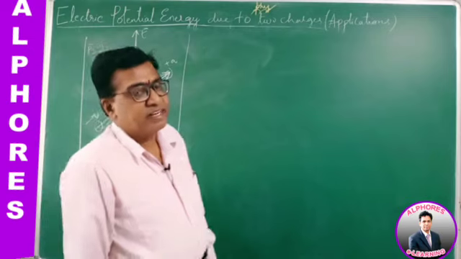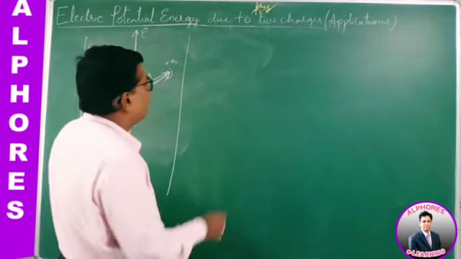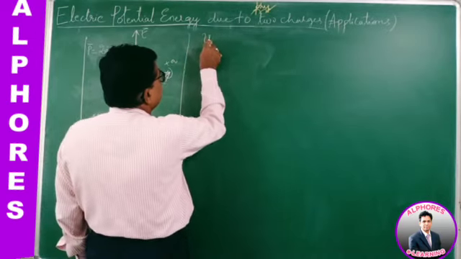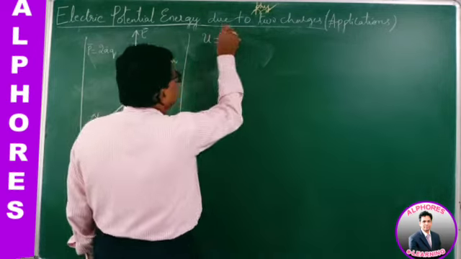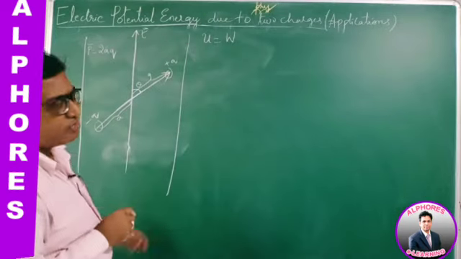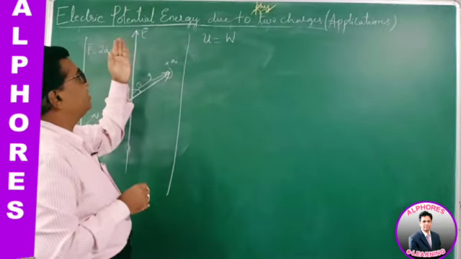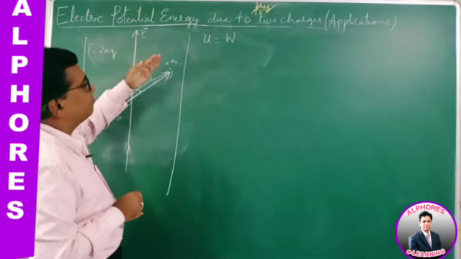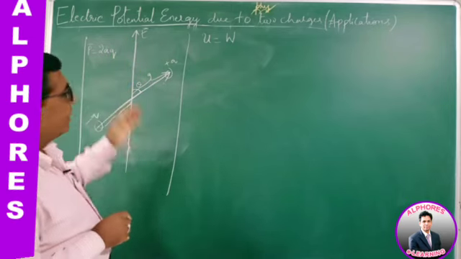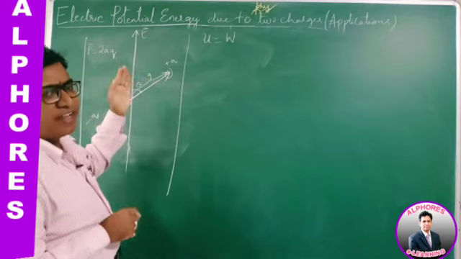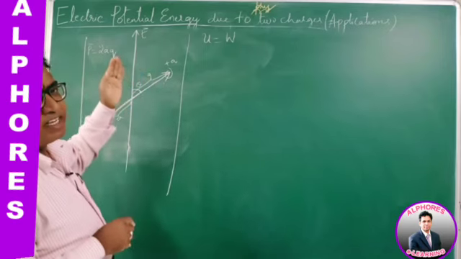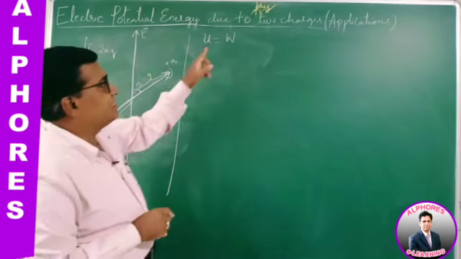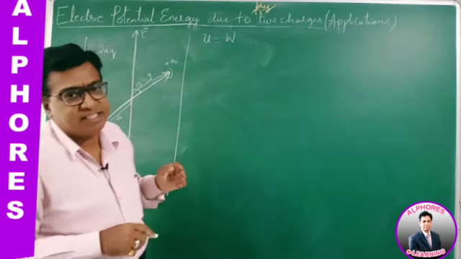Now we are asked to find the electrical potential energy of the system. What is electrical potential energy? The electrical potential energy is the work done in moving the charge from the initial equilibrium position to the new position, to arrange the system of charges in a particular configuration. It is the work done in arranging the charges in a particular configuration.